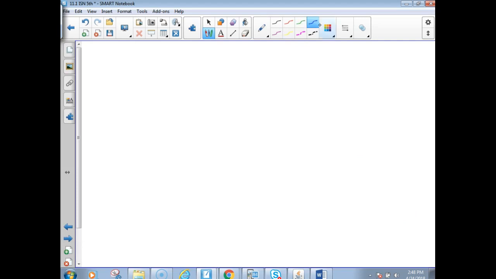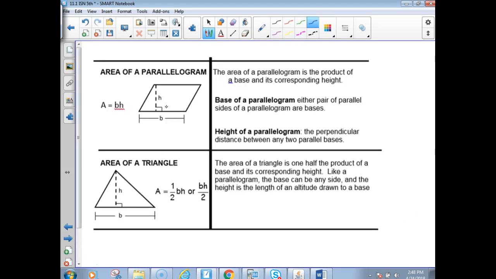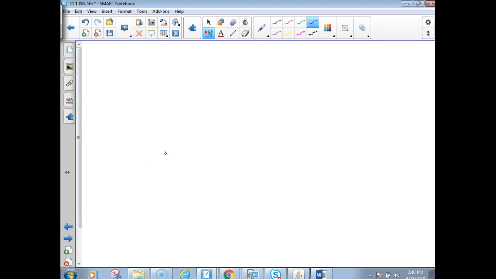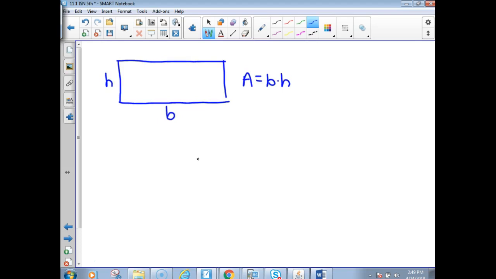I have a blank page in here because I want to show you, well, I'll show you that in a minute. The area of a parallelogram, I'm going to do it now. See a rectangle? I want to show you why the area is what it is. Area of that thing was base times height, right? Well, if I chop off a corner and I slide it over here,